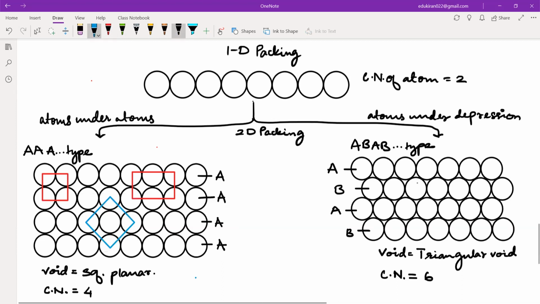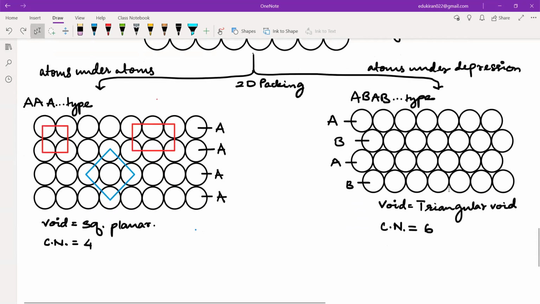Why? Because if I take this unit cell, I have got the information of the coordination number also, right? There are 4, which is equal to 4. Now, the unit cell of AAA type packing